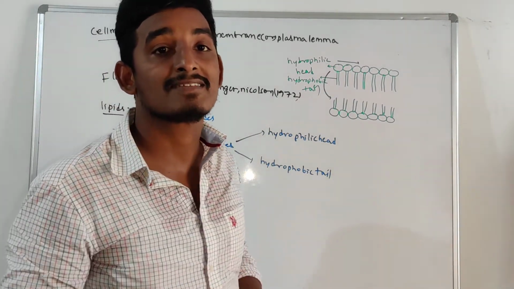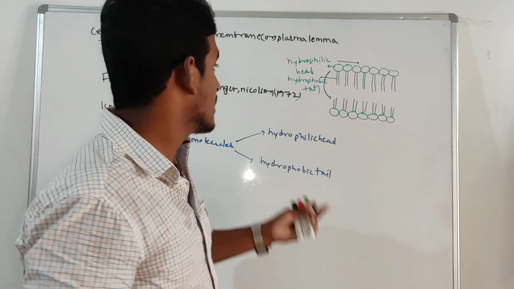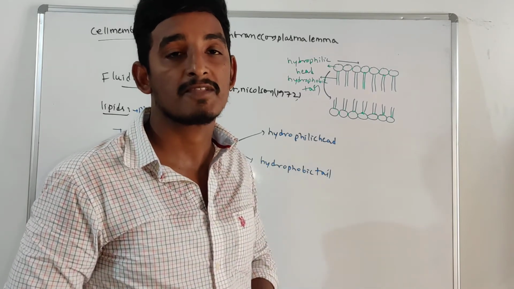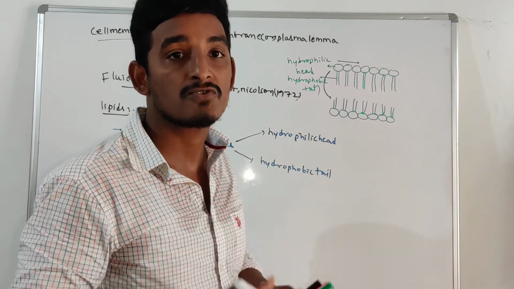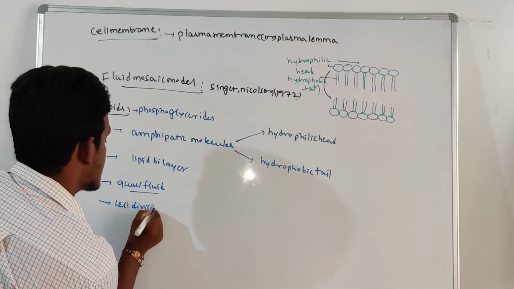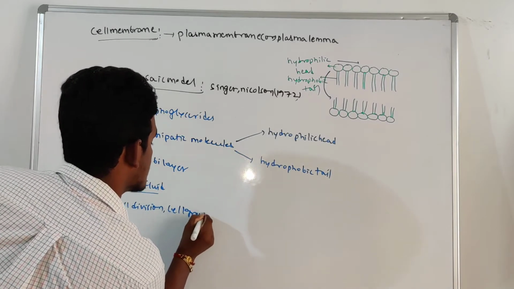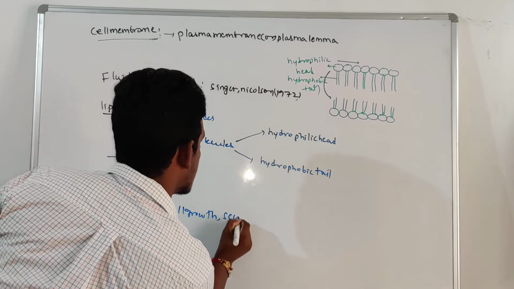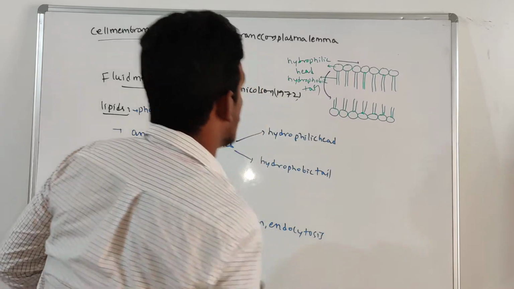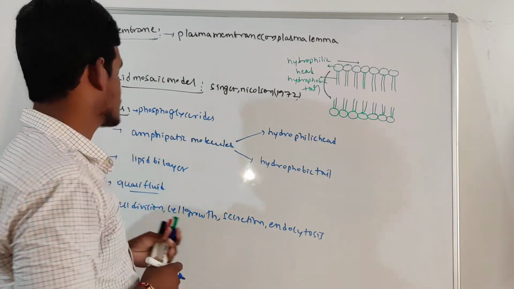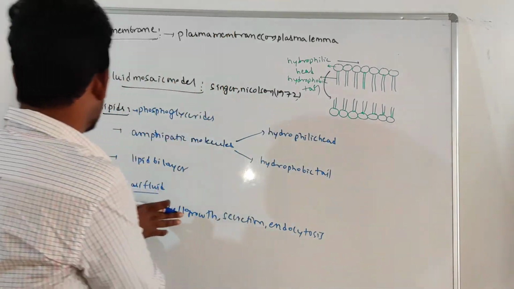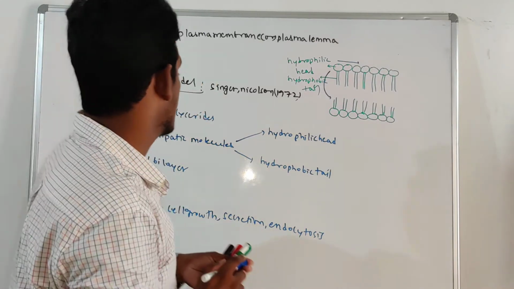So that is what we measure as fluidity. What is fluidity? The ability of the proteins to move in the overall bilayer. So what is the use of that fluidity? It is helpful for cell division, cell growth, secretion and endocytosis. These are all the functions performed with the help of this quasi-fluid nature of the lipid molecules, right? So that is about the lipids. Later we are going to discuss proteins.